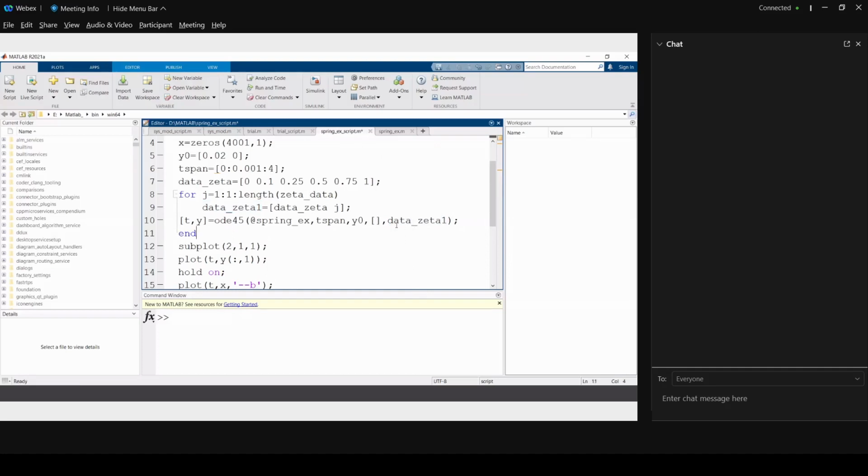So now what happens, as the for loop proceeds, t and y gets replaced with the new data, correct. जब j is equal to 1 होगा तो मेरे पास t and y आएगा, लेकिन जब j is equal to 2 होगा तो पहले वाला जो t and y है वो ऑटोमेटिकली रिप्लेस हो जाएगा न्यूअर t and y से। तो मुझे t and y सेव करना पड़ेगा, स्टोर करना पड़ेगा।